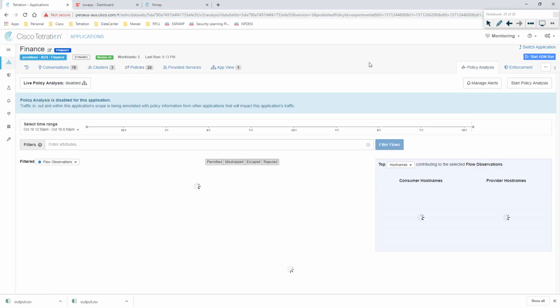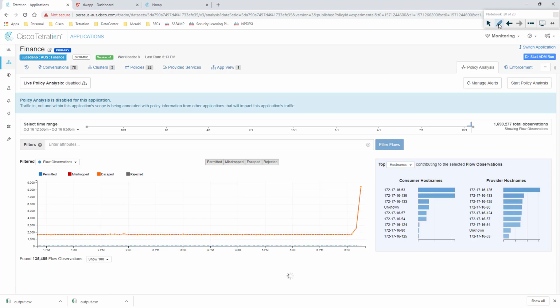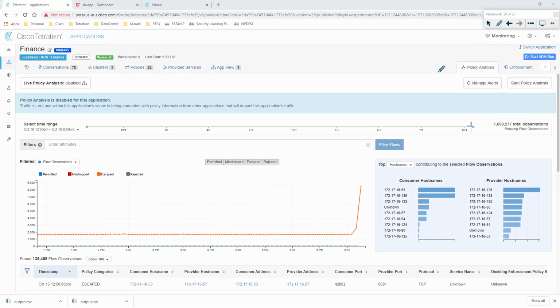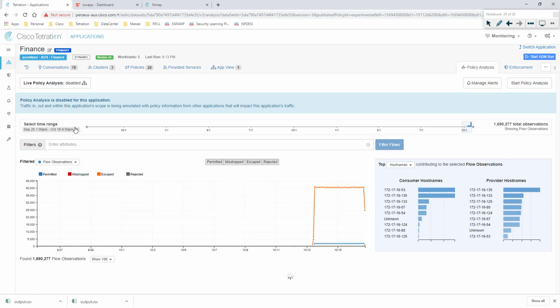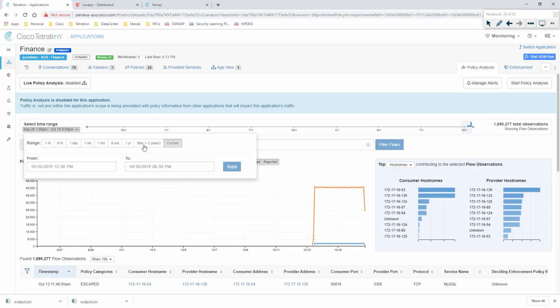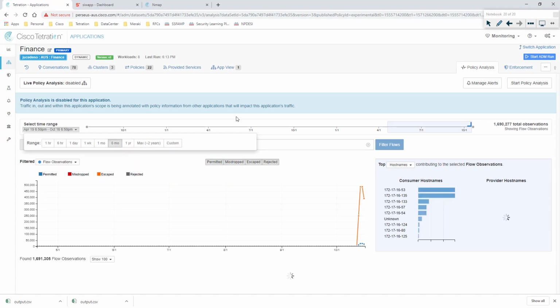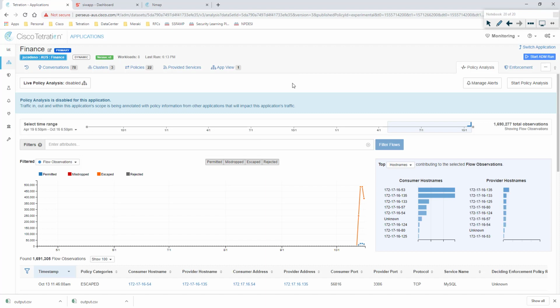Now, before I go and enforce this, Tetration has a really, really cool feature, which is called policy analysis. What this allows us to do is see based on our policy. So in my case, I have a policy that I just generated. If I were to have that policy for a longer period of time, maybe I go back. You can see here I can go back a maximum in this particular cluster of 2 years, but I can go back 6 months, and I could say, okay, Tetration, take that policy that I just built, take that policy that I'm about to push down to my application, and